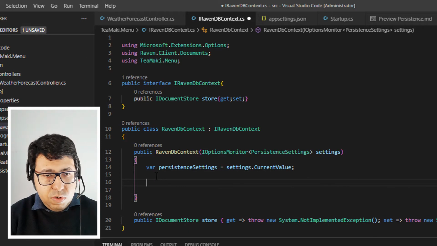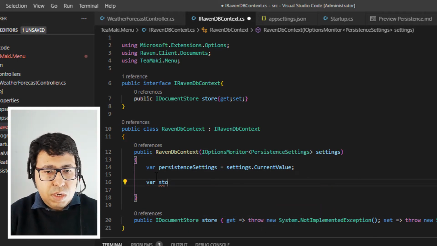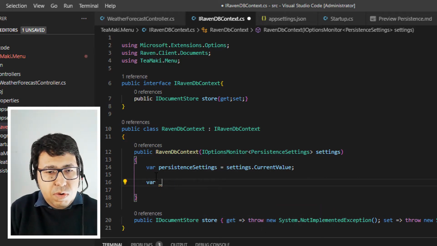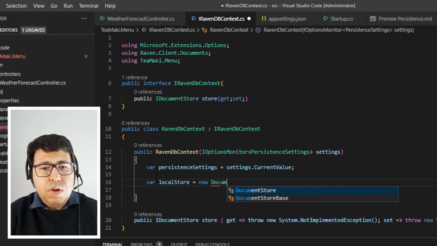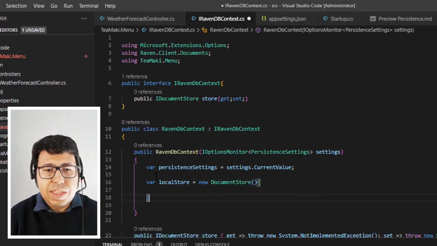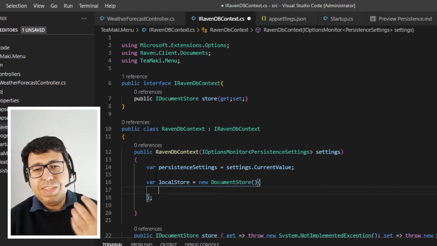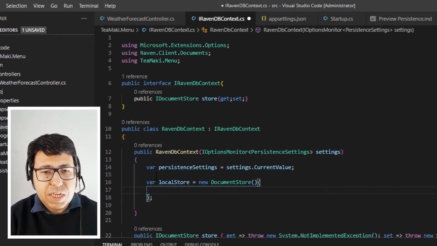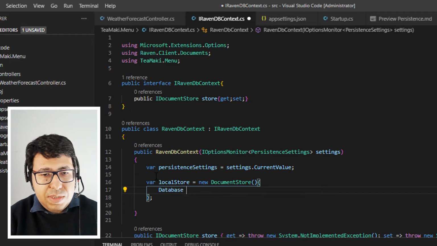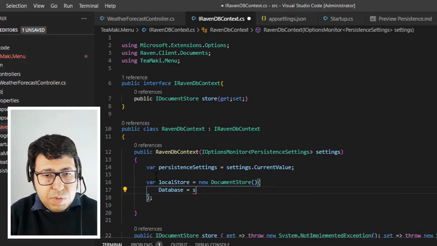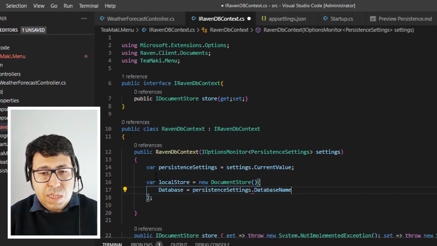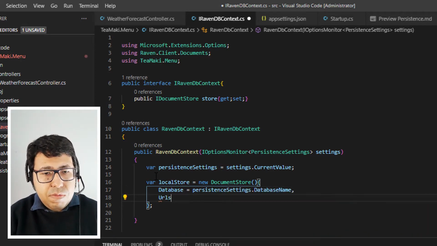So now let's go ahead and create a new store. I'm going to create a simple variable here, which is the localStore, just temporarily, new DocumentStore. What are the settings that it needs to receive, right? It needs to receive exactly the ones that we defined in the app settings. So it needs to receive database. Then I'm going to specify settings.PersistentSettings.DatabaseName, and the URL is going to be the